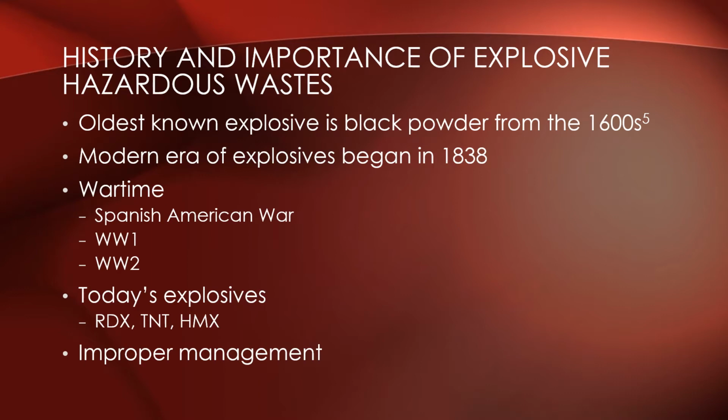During that time, nitrocellulose was developed as a propellant and an explosive, and dynamite was created. Explosives have been used in wartime dating back to the Spanish-American War, when black powder was used as an artillery propellant. World War I saw the use of lead azide and TNT substitutes. During the time between World War I and World War II, RDX, PETN, lead styphnate, and diethylene glycol dinitrate were developed. Flash propellants were invented, and